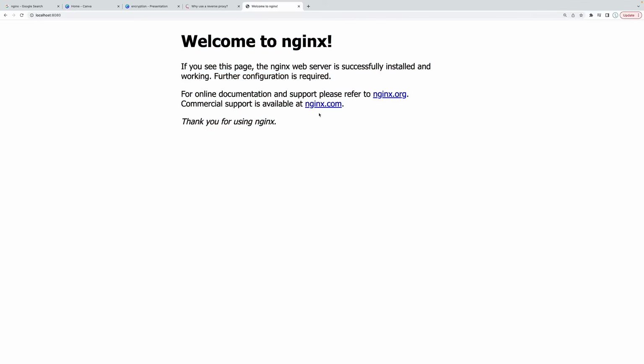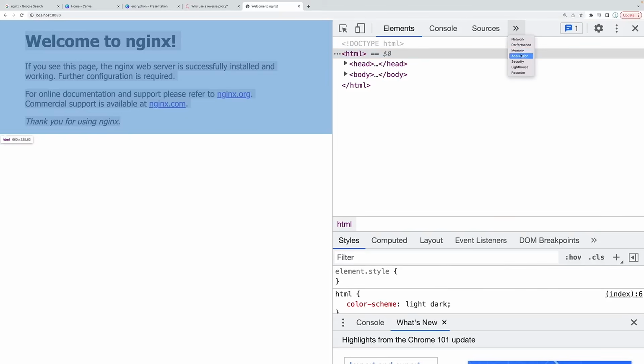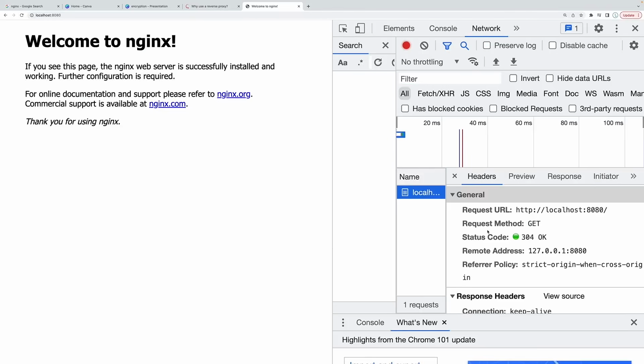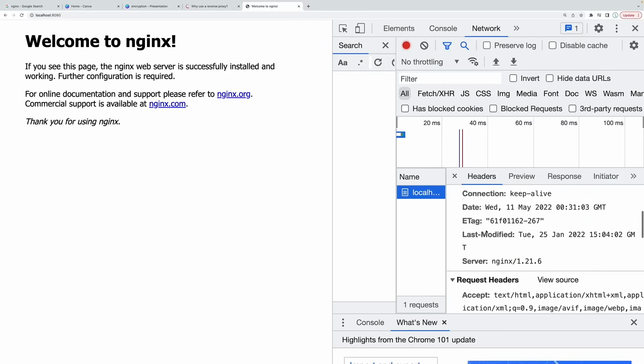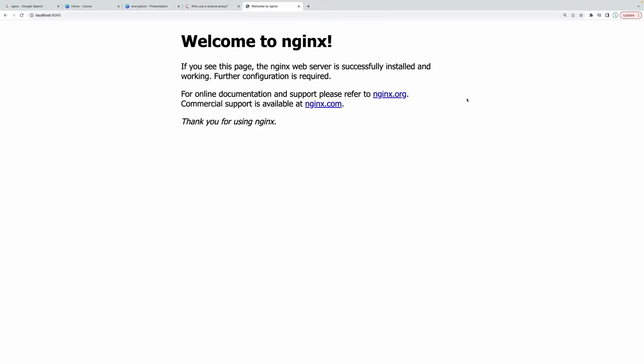So what's happening is we're making a request. Our browser, once we go to localhost 8080, is making a request to NGINX. NGINX is then going ahead and serving this content. And of course, we can always see this by looking at the network tab. So let's go over here, do a quick refresh, and then you can see here that we're making this particular request. You can see that the server is indeed NGINX. Okay, so this is looking quite good. Now let's go ahead and start actually returning some other files and folders and images that we want for our